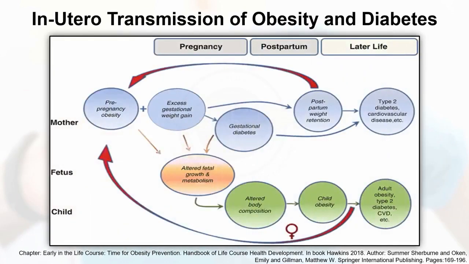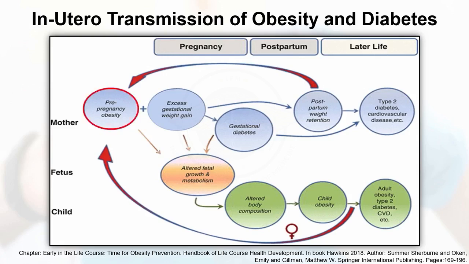So this is in utero transmission. Again, this is very interesting. The lady who's getting married, she is a pre-pregnant woman and she has obesity. She may have PCOD, she has obesity, she has insulin resistance, and clinically you can diagnose insulin resistance. She may have acanthosis, skin tags, she may have mild hypertension. If you do her lipid profile, it can be a high triglyceride, like we just discussed, low HDL, and an increase in small dense LDL.